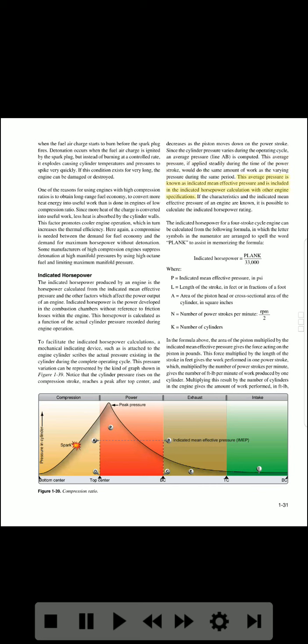This average pressure is known as indicated mean effective pressure, and is included in the indicated horsepower calculation with other engine specifications. If the characteristics and the indicated mean effective pressure of an engine are known, it is possible to calculate the indicated horsepower rating. The indicated horsepower for a 4-stroke cycle engine can be calculated from the following formula, in which the letter symbols in the numerator are arranged to spell the word PLANK. To assist in memorizing the formula, indicated horsepower equals PLANK over 33,000, where P equals indicated mean effective pressure